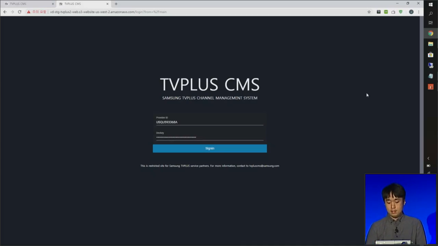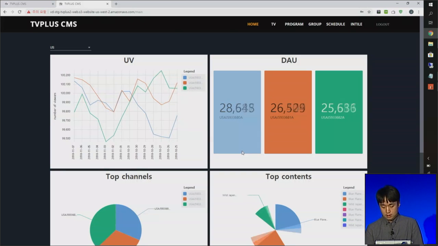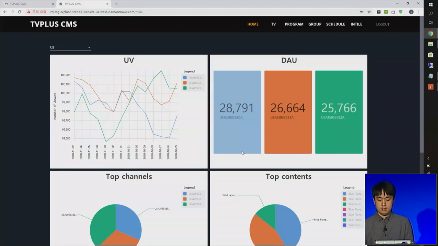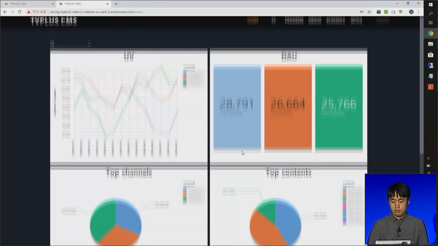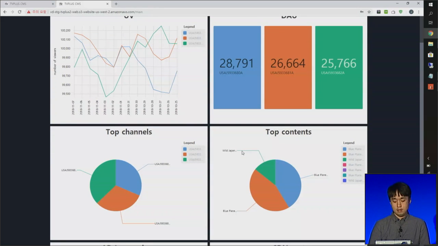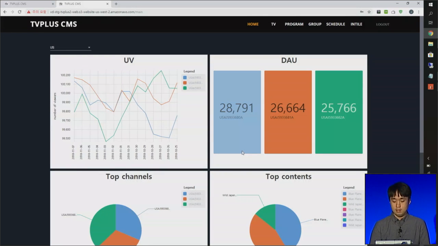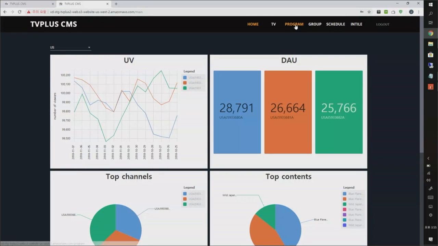By giving the CP ID and the secret key, you can access our CMS portal and sign in. It will show you a dashboard about your service, like how many users watched your channel, what the DAU of your channel is, and the content ranking and channel ranking. That kind of report is available. And at this program tab,